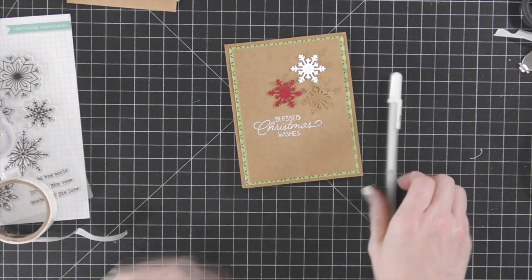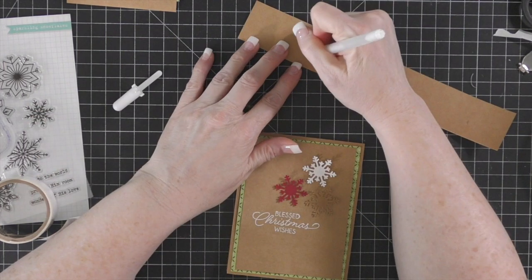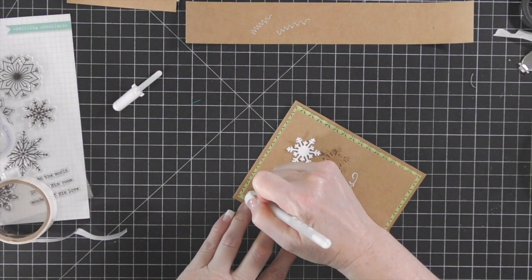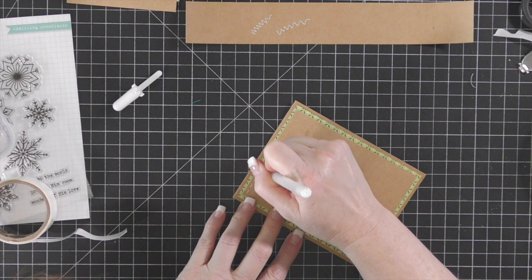So I'm going to add some white dash lines around this card. I'm using the Jelly Roll pen. If you use the size 10, it gives you a really nice dash line, and that's what I'm going to do around this. So what I ended up doing with the 5x7 card that's going to come up in a minute